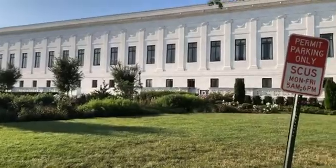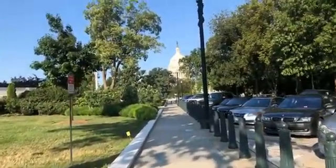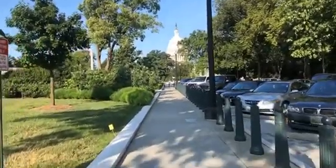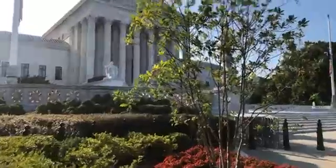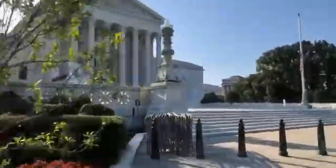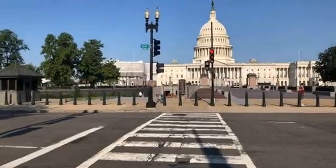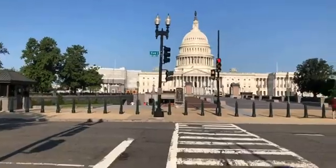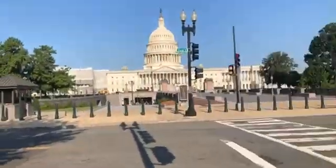When I walk to work on a normal day, I actually walk past the Supreme Court and I walk past our Capitol. So here's the Supreme Court. One of the cool things about the Supreme Court, when you walk past in the morning, you actually see a line of people waiting. And here is the United States Capitol. Most of the time I walk over there, but today I want to show you